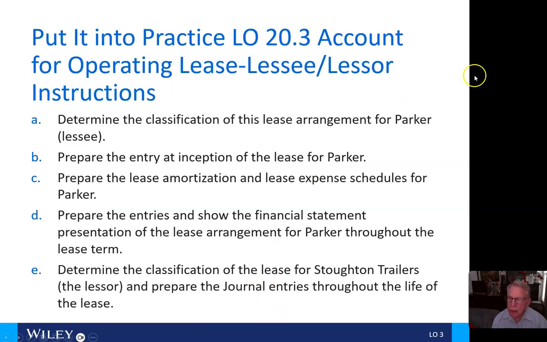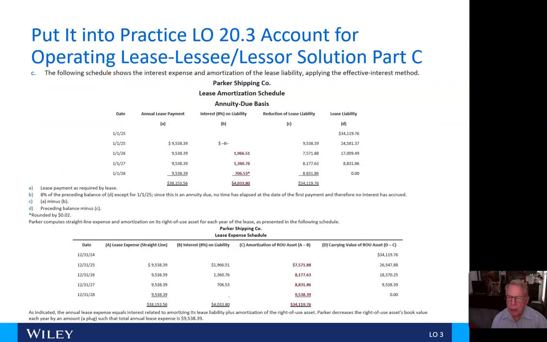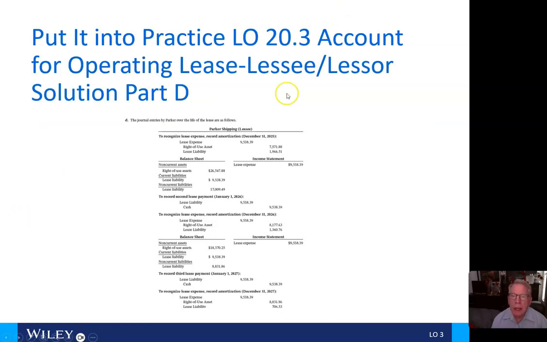So under Delta here, we're going to prepare the entries and show the financial statement presentation of the lease arrangement for Parker throughout the lease term. So if we look at Delta here, we're going to recognize the lease expense and record amortization as of December 31, 2025 by debiting lease expense